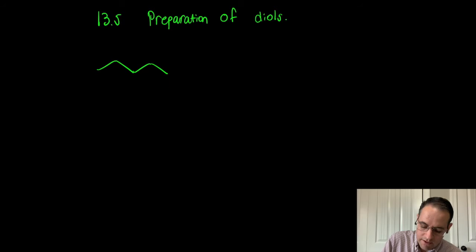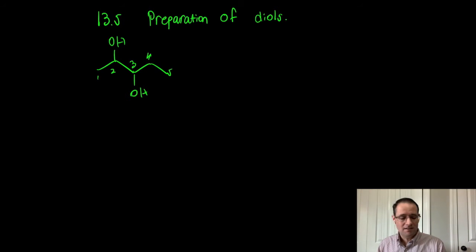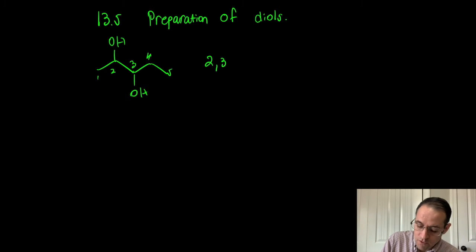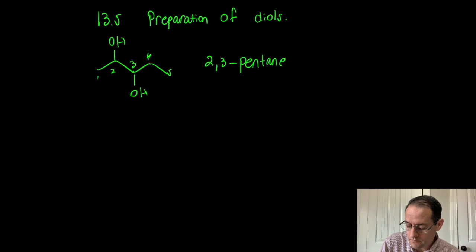If you have a diol, you want to name it based off of the parent chain here. So this is going to be a pentane diol, but we need numbers to indicate where the hydroxyl groups are. So it's going to be 2,3-pentane diol. Okay, and here I'm not confusing the fact with any stereochemistry. So if I had something like this